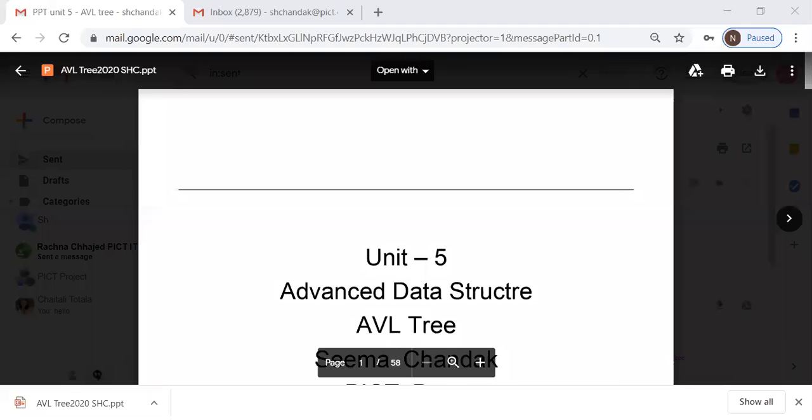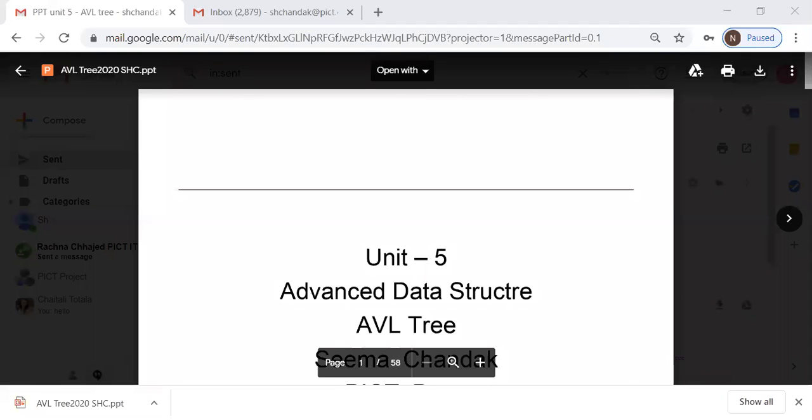This is the balanced tree. You can see that in the first tree your time complexity for the search operation is log of n. In the third tree also log of n, but if you see the second tree, the time complexity will be 7, which is the n of your tree. And that is the biggest drawback with a binary search tree. We know that the application of a binary search tree is to let me check the chat. Okay, so a binary search tree is basically used to store indexes and search the data at a much faster rate. And if it grows like this, we will not be achieving what a binary search tree is actually meant for.